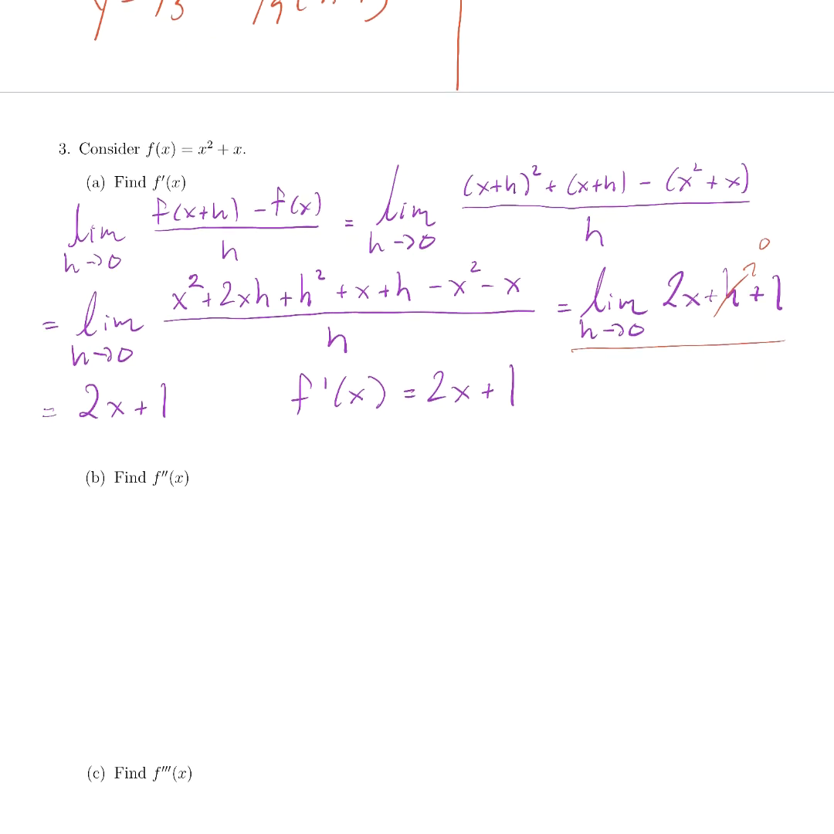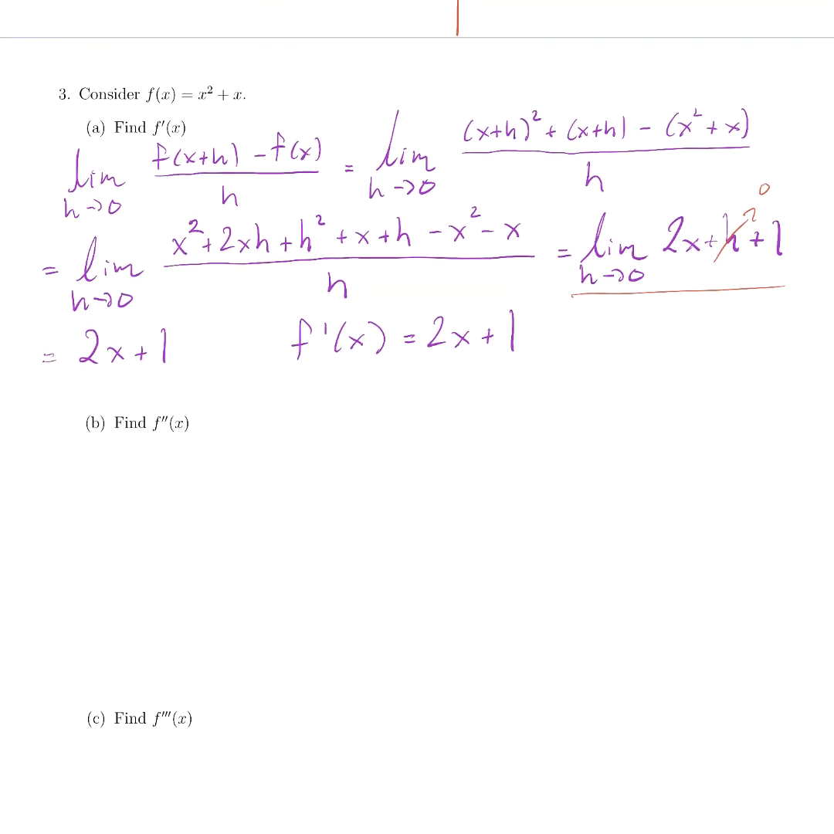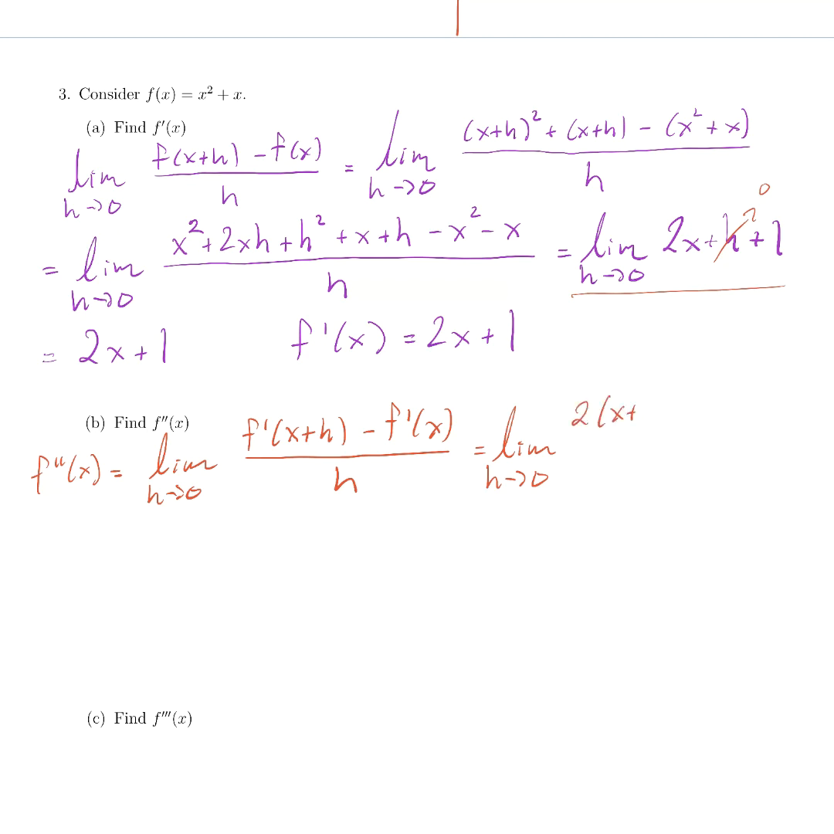So the next question says find f double prime. Well, what does that mean? Well, f double prime is the derivative of the derivative. So f double prime would be the limit as h goes to 0 of f prime of x plus h minus f prime of x all divided by h. And so that would be the limit as h approaches 0. F prime now of x plus h, everywhere we see an x, we put in an x plus h. We get 2 times x plus h plus 1